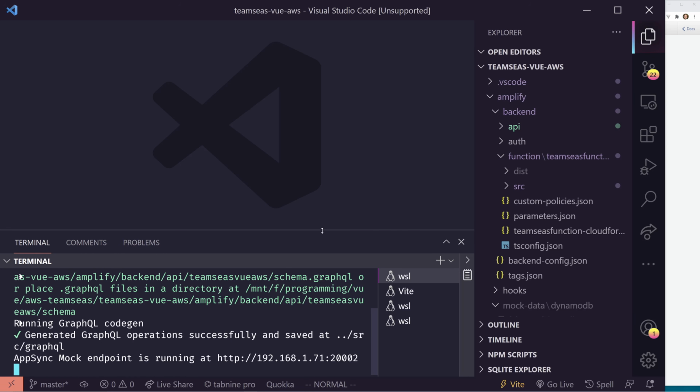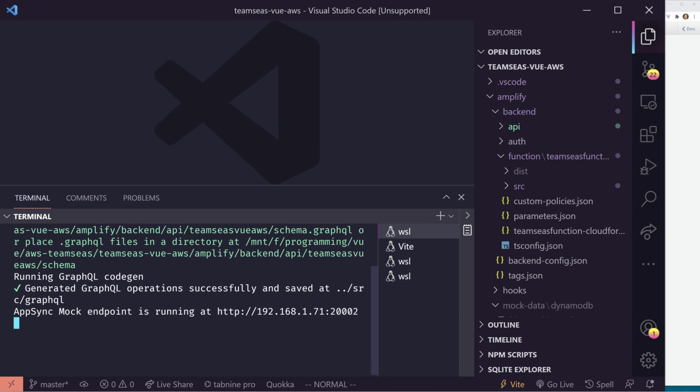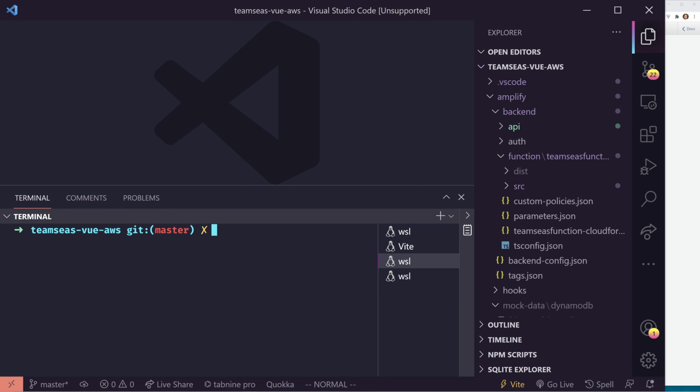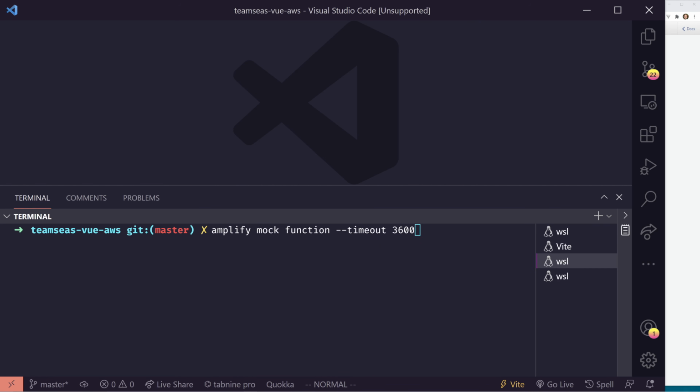But if I want to test out everything, I can create a new window here, or look at my other one, and type in amplify mock function. Then I need to put a timeout because it does sometimes take longer than 10 seconds. This will make sure that it doesn't time out. And if I hit enter here,